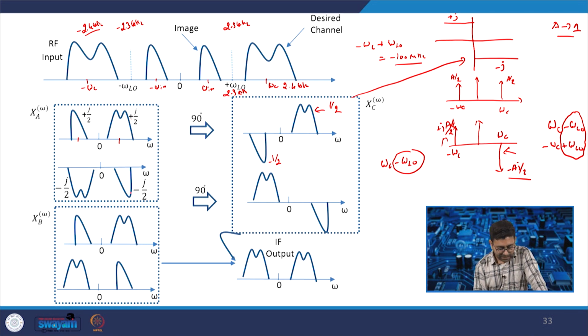Same thing, if you multiply this with minus j, then this is minus 1 by 2, and if this is multiplied with plus j, then it is plus 1 by 2. So, this is how the 90-degree phase shift will be added,